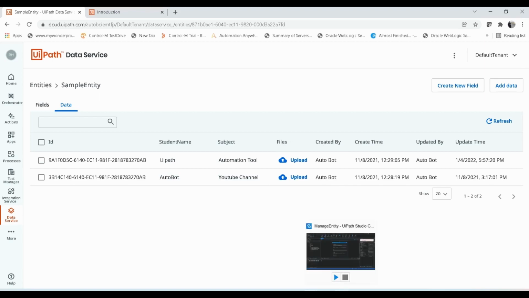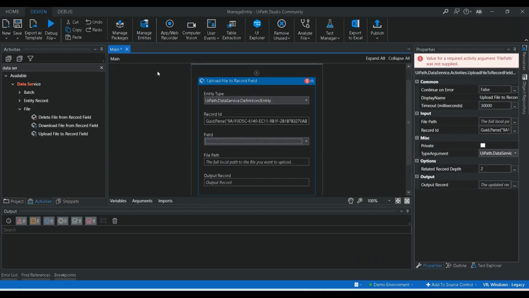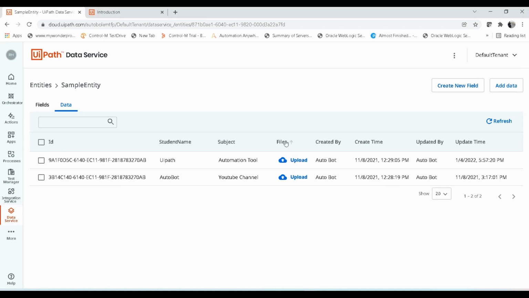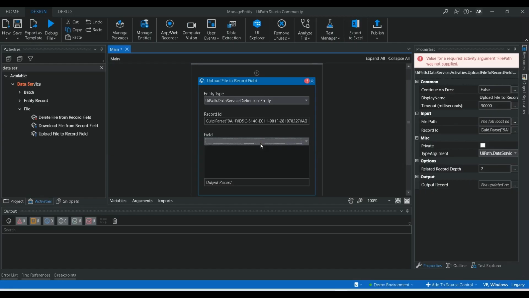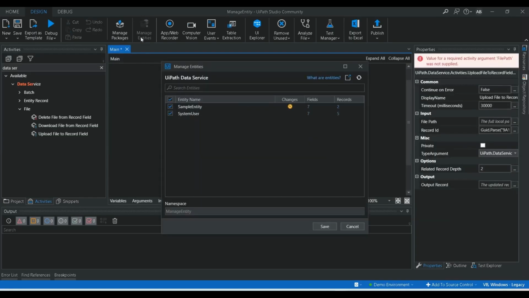I will tell you how you can upload the files. We just created this field, the file field. Even if you click here, you won't be able to find any details. So what I'm going to do is click on this manage entity. Here you can see a change is there: a new entity version will be imported and updated into your project.